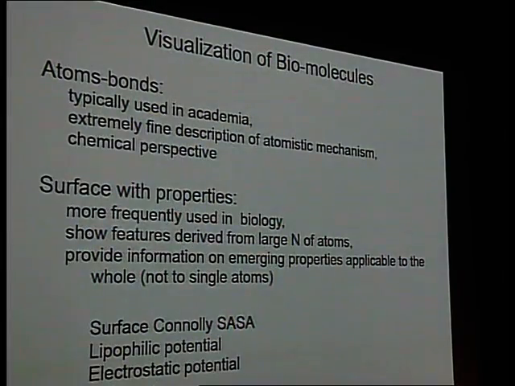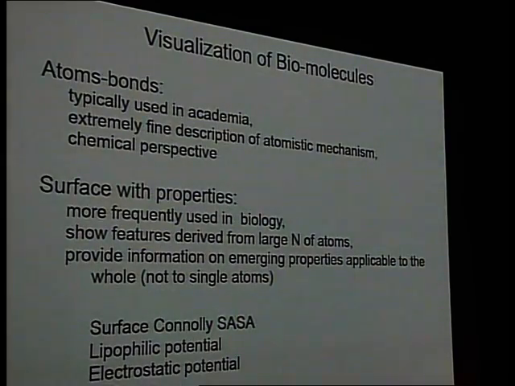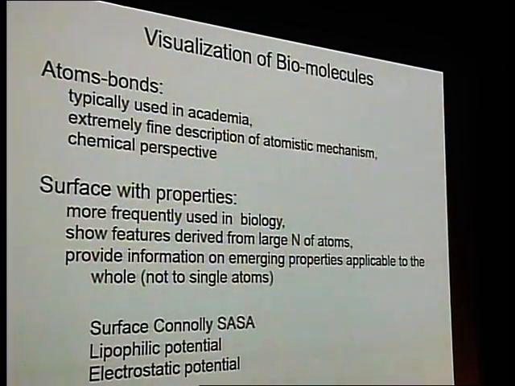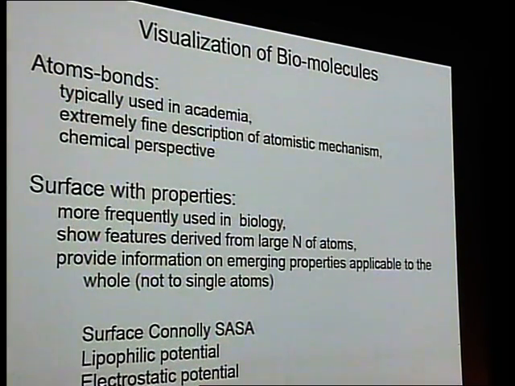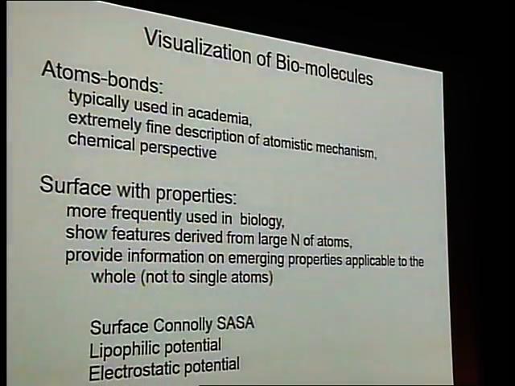Most of the time they do have bonds, which does provide quite good information. It's an extremely fine description. And of course, because it's done primarily by physicists and chemists, it has quite a chemical perspective, which can be very informative. However, in biology,